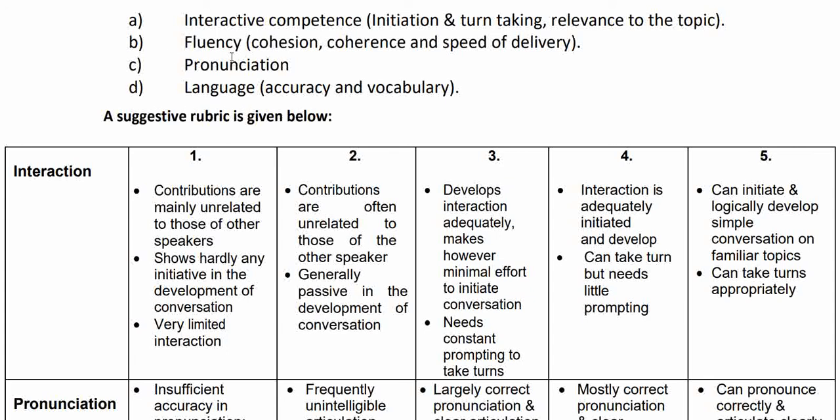Then is fluency, that is cohesion. You're able to use transitional words, sequence markers, linkers, connectors. So cohesion, coherence, speed of delivery. You are able to connect with the previous information, and whether your fluency tells whether you're giving an example, you are citing an additional information, you are building on that information, you are giving a contrary argument. So the words of cohesion should show fluency. And your speed of delivery is not the speed at which you should be rushing your part of the dialogue.